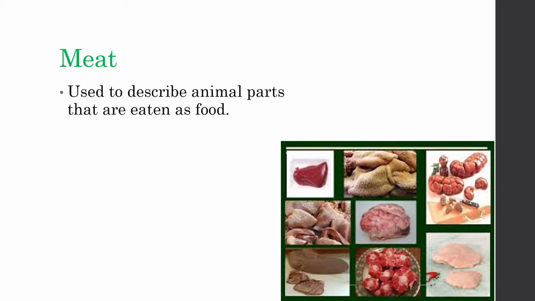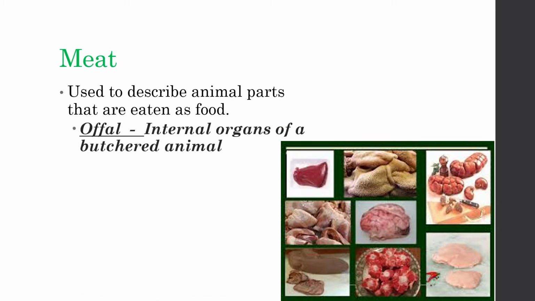Most of the time, meat is the major ingredient of our food. For example, adobo, mechado, menudo, nilaga. Those examples of food recipes use animal parts, particularly the meat, as the main ingredient, because the taste is really different when it is animal meat. Offal has something to do with the internal organs of a butchered animal, yung kinatay. When we say butchered, kinatay.